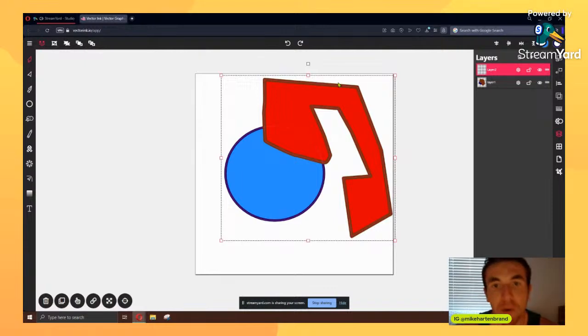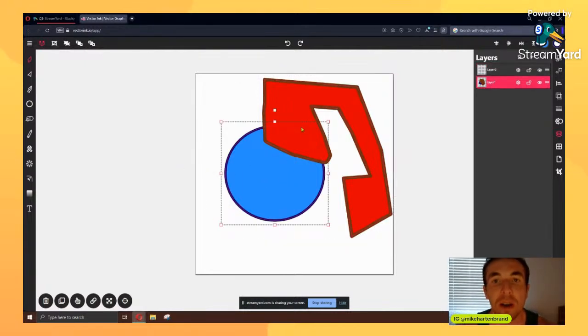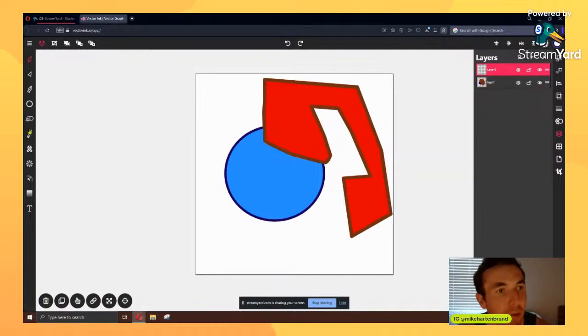And here, for example, if we know we definitely want our circle in this position and we don't want to alter it, we can click the little lock tool. So now we can't touch it at all. We can also use the eyeball to hide it. This actually hid the whole group. So this is why we maybe do not want to put things on the same layers. So we'll actually make